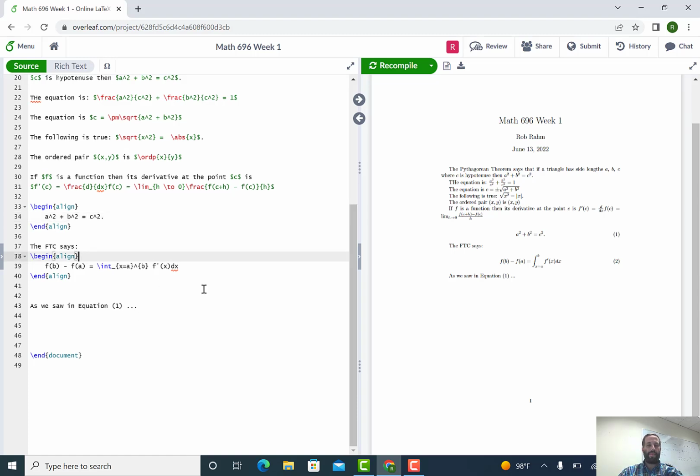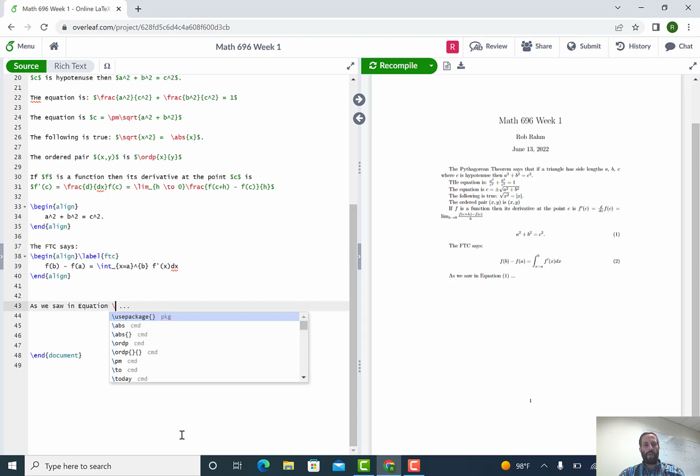So the way we get around that, or not the way we get around it, but the thing that LaTeX has to handle that is, we can label basically any different thing in LaTeX. So I'm going to label this. I'm going to type label, and I'm just going to call it FTC for Fundamental Theorem of Calculus. You get to name this whatever you want. And down here, instead of writing 1, I'm going to do eqref, and then I'm just going to write